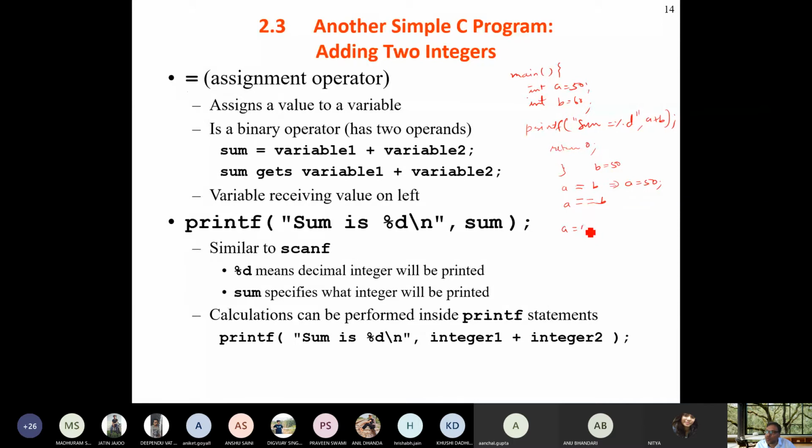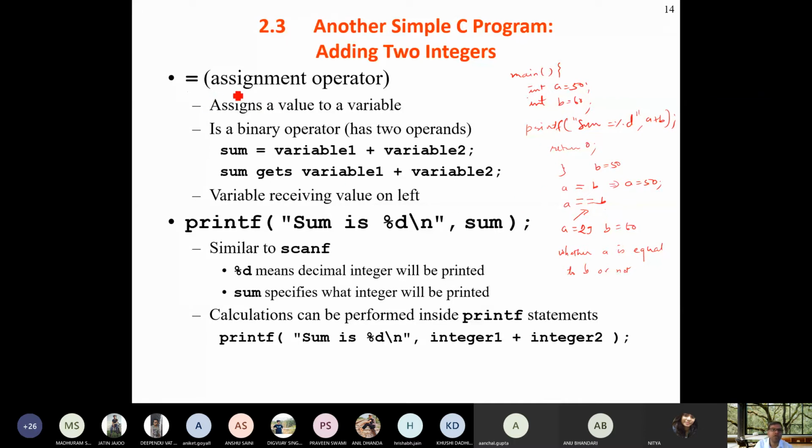If A is 29 and B is 60, it is checking whether A is equal to B or not. And what is the assignment doing? It assigns the value of B into A. B is assigned to A. Okay, clear? So both things are different.